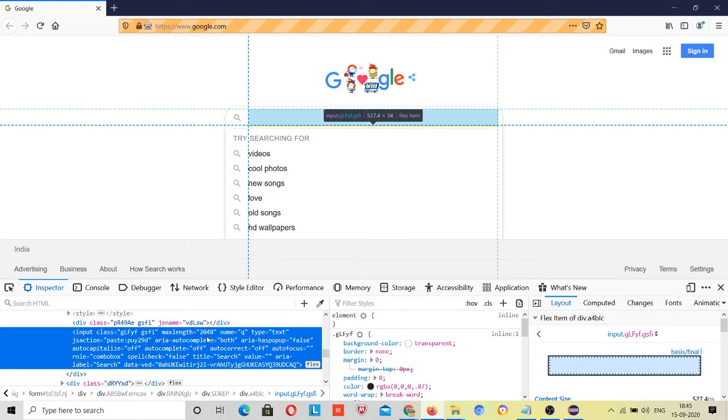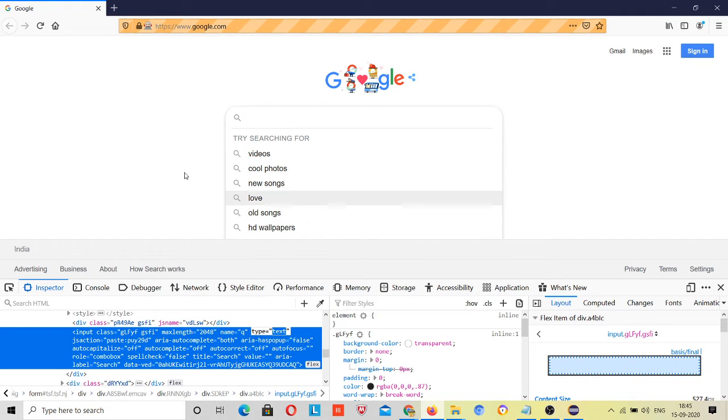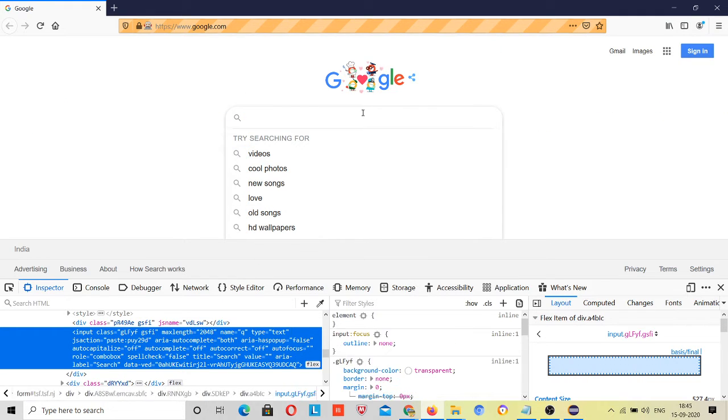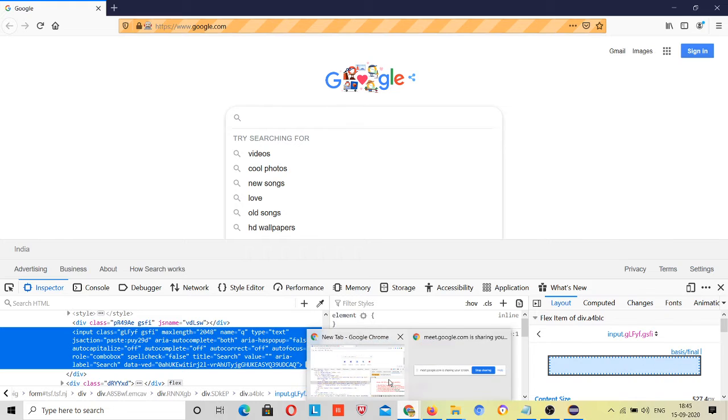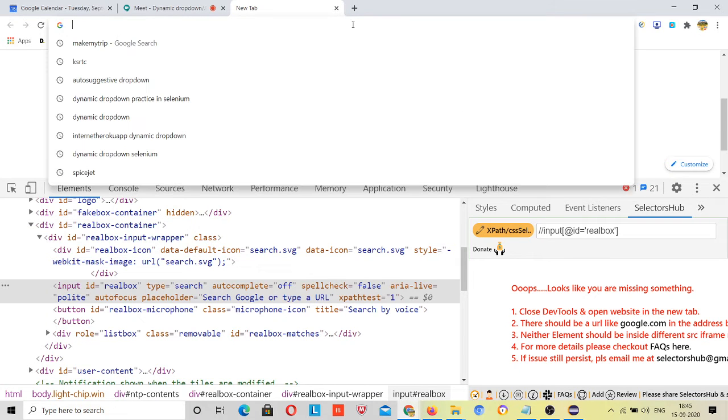See, input class is equal to this. The maximum length you can type to search in Google is 2048. Name Q, type text and other data, right? But no ID is suggested here, and I am at the same URL. Let's go to Google again and type google.com.